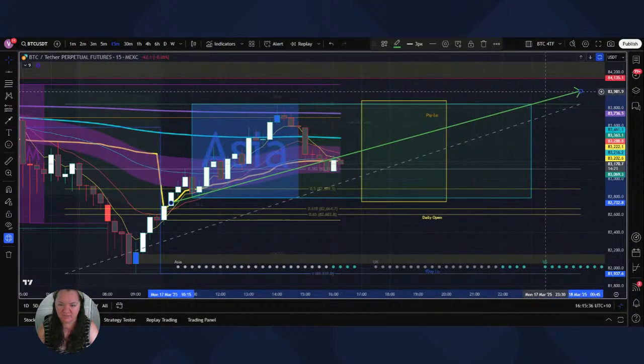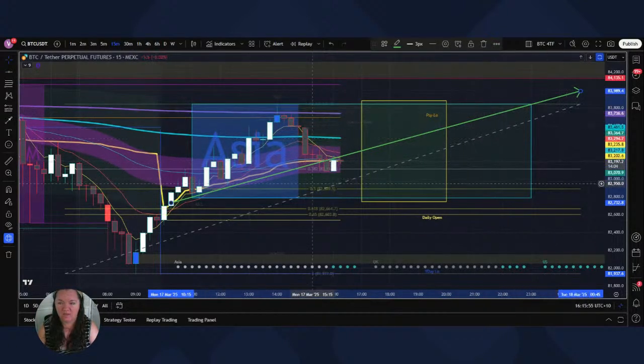So I had some interesting movement, so I thought I'd come in a little bit early to show what is actually going on right here. Because if this does continue up from here, this is actually a really good example of how the Asia box setup works with our trend line being support or resistance. So for you guys who haven't seen my setup,